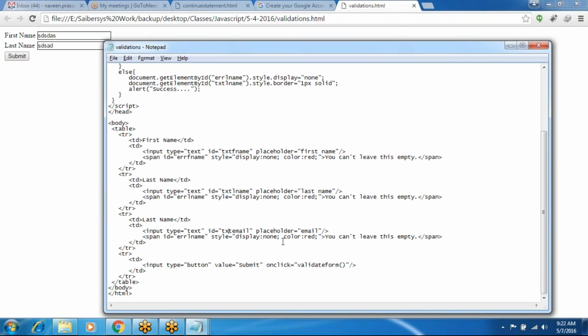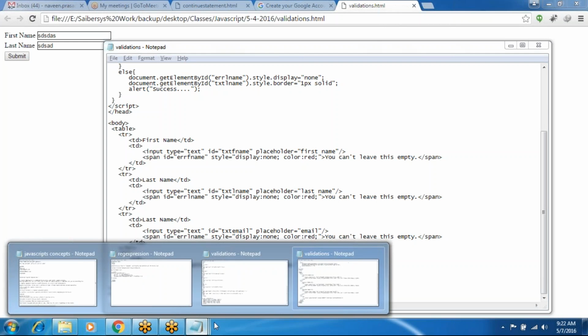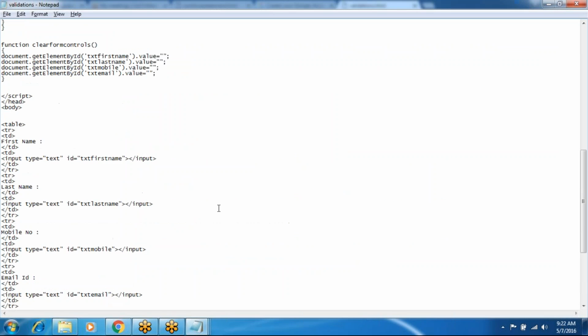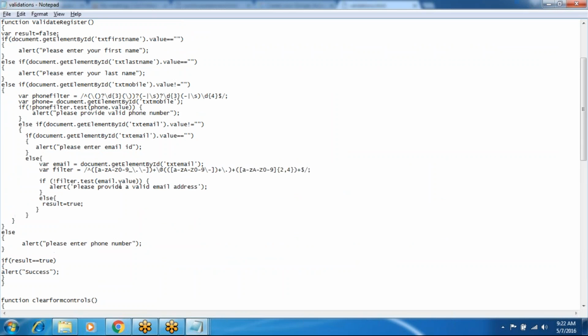For email, a separate pattern is also there. You have to test that pattern. You can find that pattern in Google. Search for email validation, email regular expression validator, and you will get some patterns. So the pattern should be like this email pattern. So this is the valid email pattern. I will explain this.